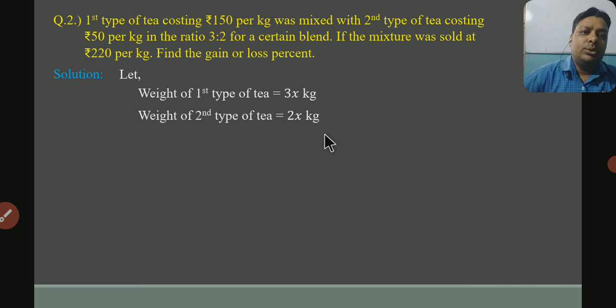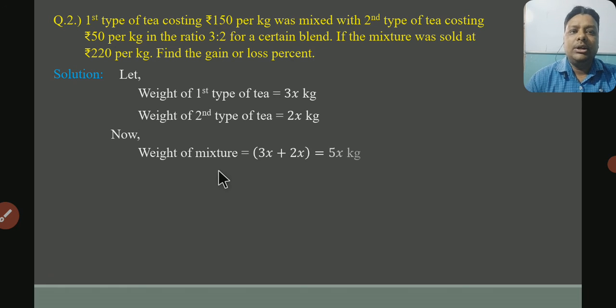And we already know that to find the final cost price, simply if you are going to buy something, if you want to buy 1 pen and the cost of 1 pen is 5, and you have to buy 10 pens, then 5 into 10, simply you multiply it. So the weight of the first type of tea is 3x kg and the cost per kg is 150. To get the total CP, what will the weight of the mixture be first? The weight of the mixture will be 3x plus 2x, 5x kg.